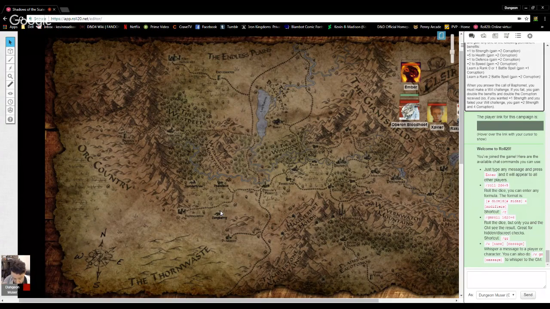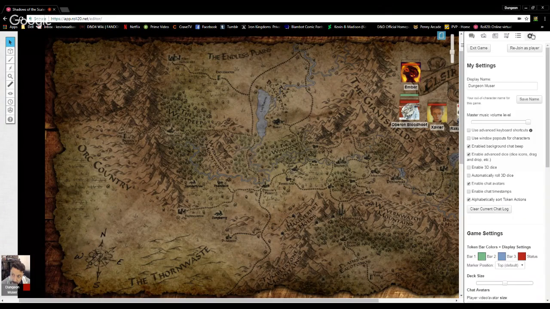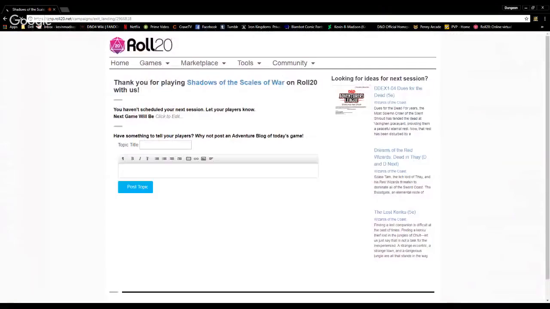So that's where we left our session, and that's what will be coming up tomorrow night. Tomorrow night is going to be our next session for this, and it will be a reskinned version of the Siege of Bordrin's Watch. Maybe what I'll do now is I'm going to log out of Roll20, and I'll switch back to the camera because I don't really need this visual aid for the next session here.